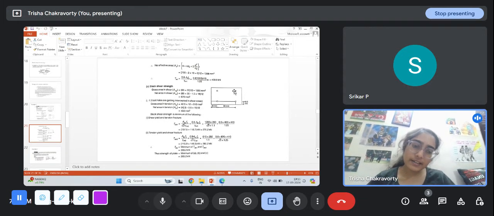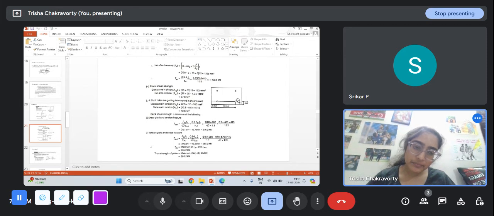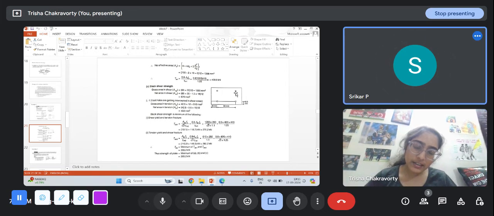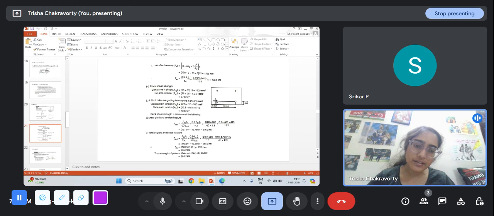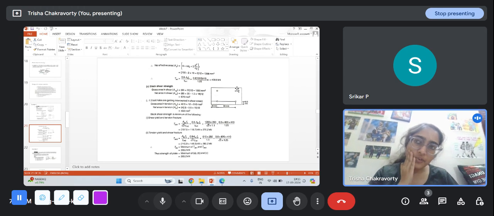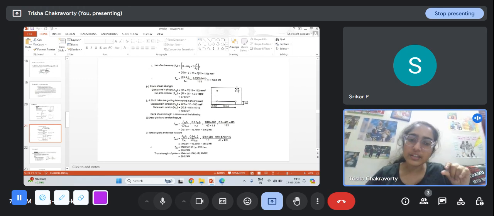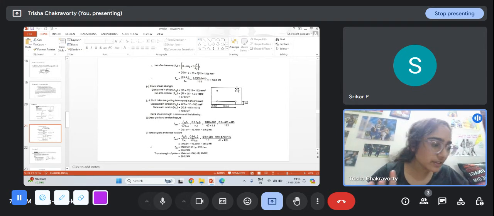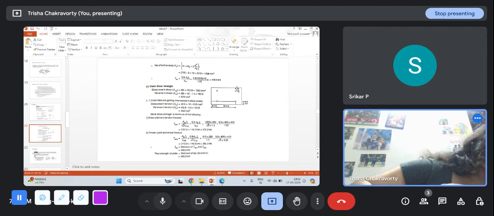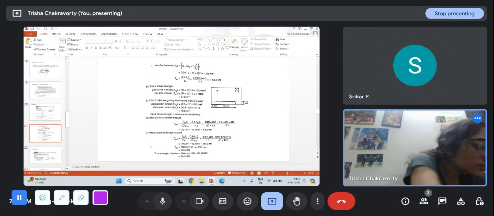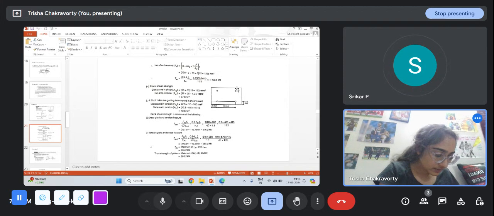So if there is a weld, the weld will be along this line completely. So we should consider LC as that perimeter. I think that because if it shears off, from what I'm imagining, the shear area will be the perimeter into the thickness. But I will confirm this. I have to look through some books once, and I'll also write it down.